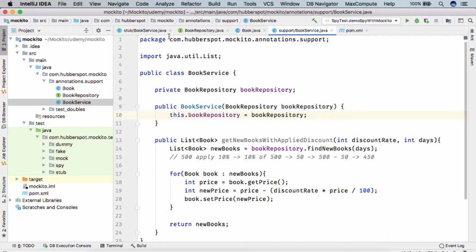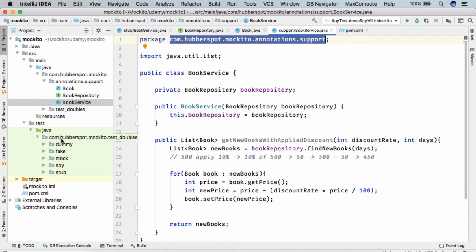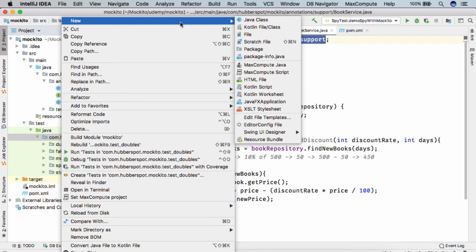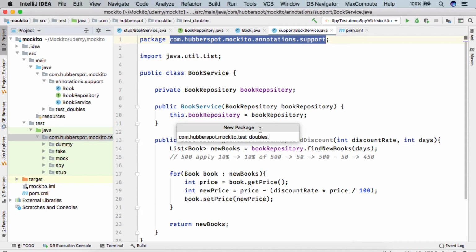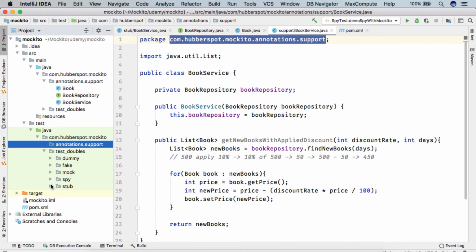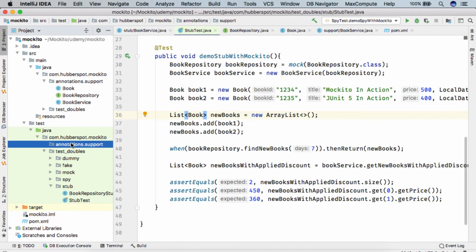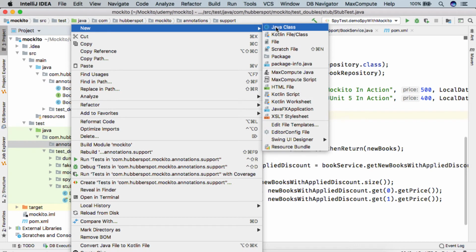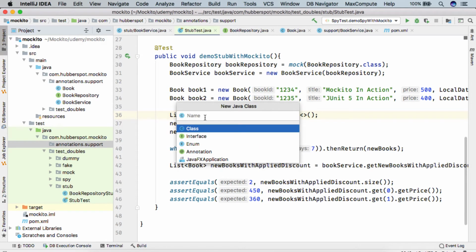So friends, now we will test this by creating the mocks using annotations. Here in our test folder, I will be creating the same package. And here I will be creating one class. This would be our test class.